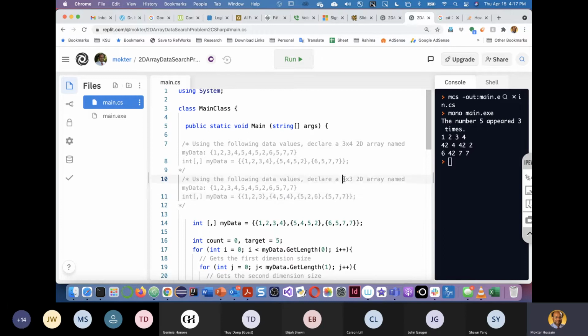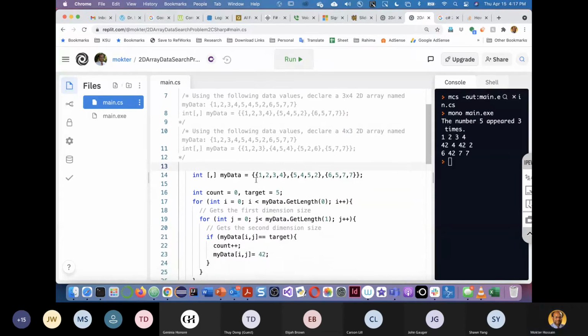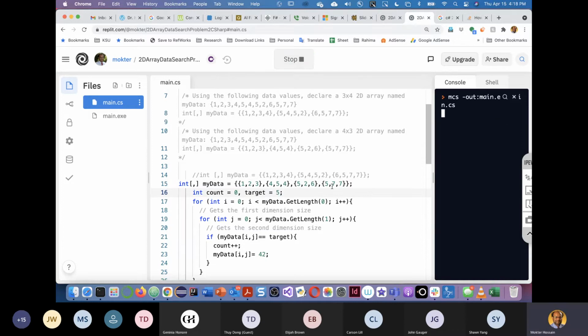So this is a 4 by 3 array. Okay, so the same data value, see that? Based on the difference in the question here, it says 3 by 4, and here it says 4 by 3. And it is working with 3 by 4, right? Even if you give this one instead of this one, you see that the first one you get 3 by 4, 3 rows and 4 columns. And then now if you do this one,